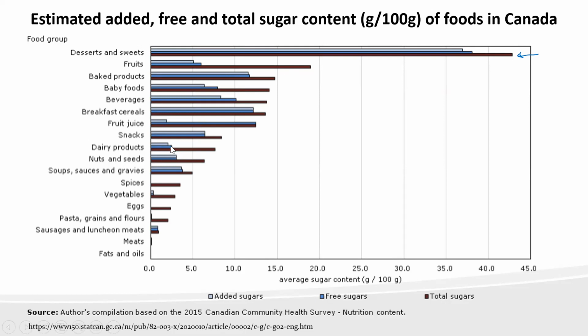Dairy products, not usually much, but again, it depends on what you're eating. If you're eating a fruit on the bottom yogurt, those tend to have added sugar in them, for example. And always take a look at the labels. Fats and meats and oils and those kinds of things tend to not have any sugar added, but lunch meats can have a little bit of sugar added to them.